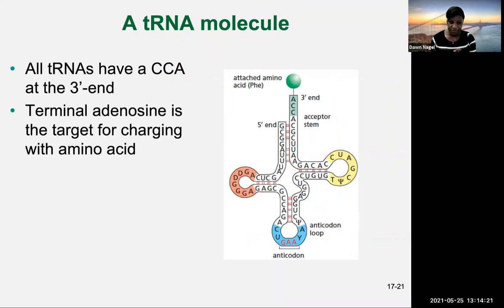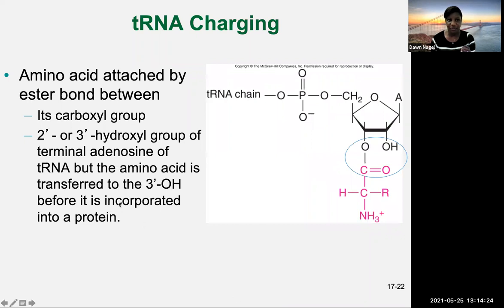The way that this happens is it really takes advantage of the structure of the tRNA. So what happens is that you have this amino acid that gets attached. So this is the amino acid in pink. It gets attached to either the 2' OH or the 3' OH of this tRNA with the adenosine at the end. It's really not known what the preference is, whether it's the 2' OH or the 3' OH. What we do know is that regardless of whether it gets added at a 2' OH or the 3' OH,